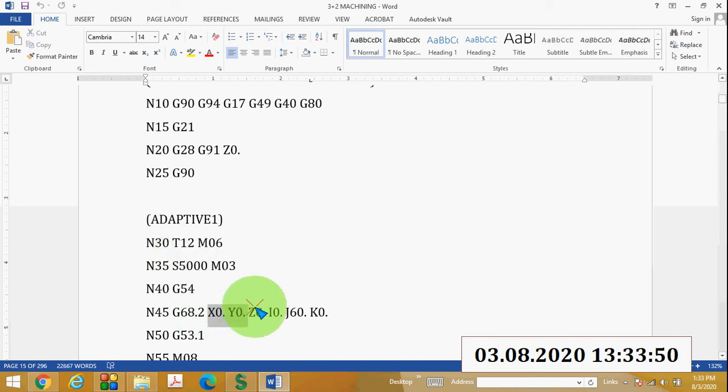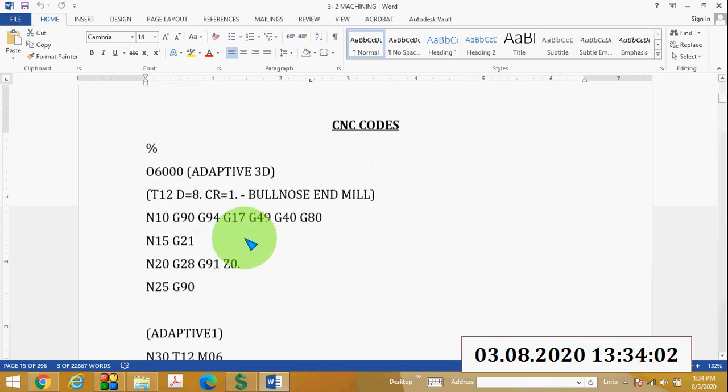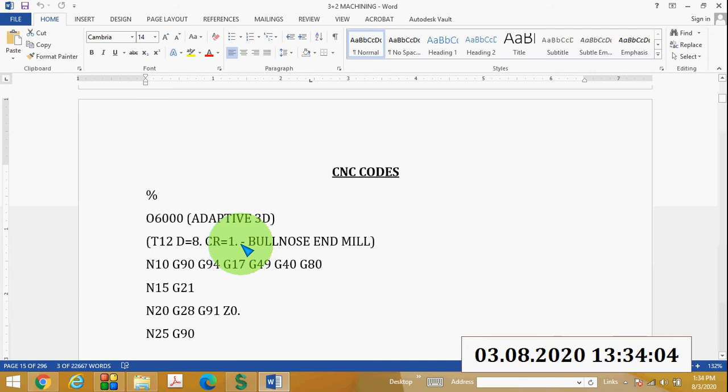Then here you can see X, Y, Z. X, Y, Z mean the coordinate values, what the X value, Y value and Z value are. Then the F value, F is called feed, etc. So for a CNC machine, the program consists of the G word, N word, F word, T word, S word, X coordinate words, etc. Everything will be in the program.